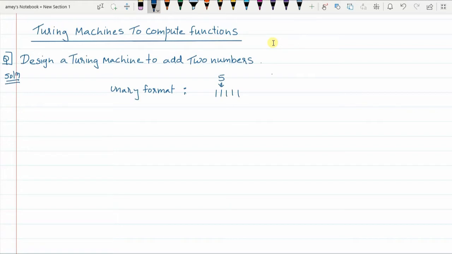If I want to represent 3, then 3 can be represented in unary format with 3 ones, and so on. So I'll just give you a brief idea of the algorithm that we are going to use. Probably you can modify this algorithm and use it for other computations also, like subtraction or multiplication.